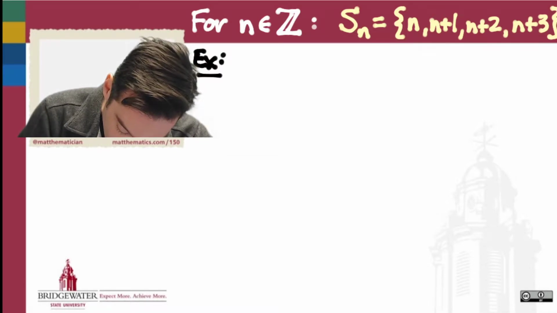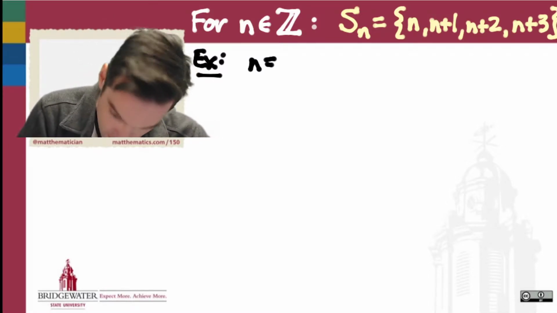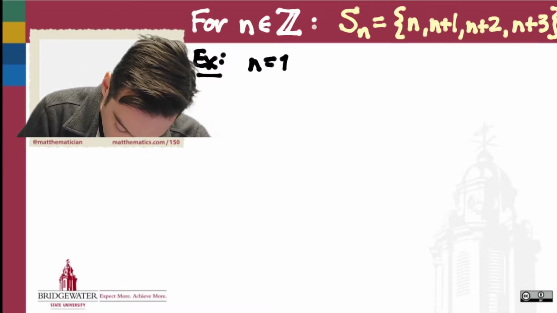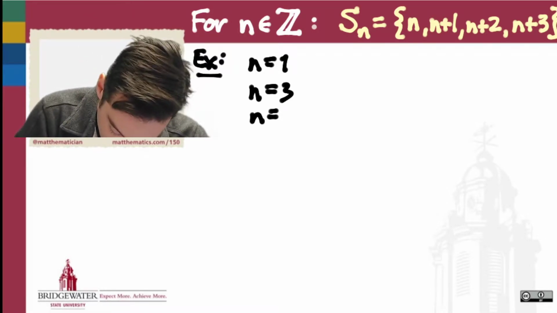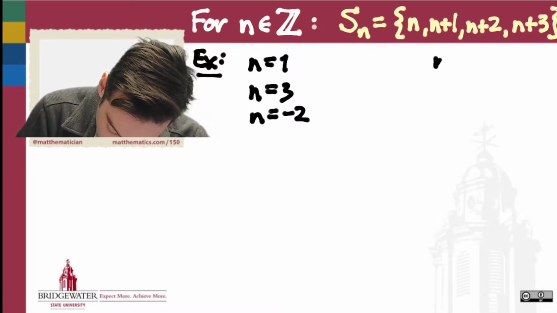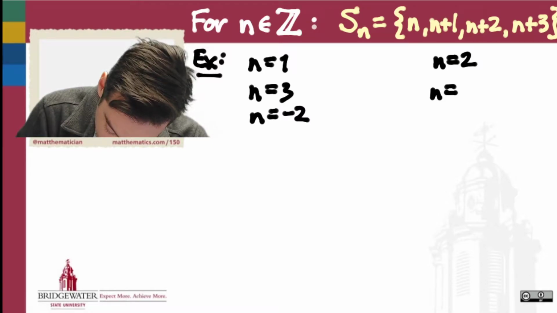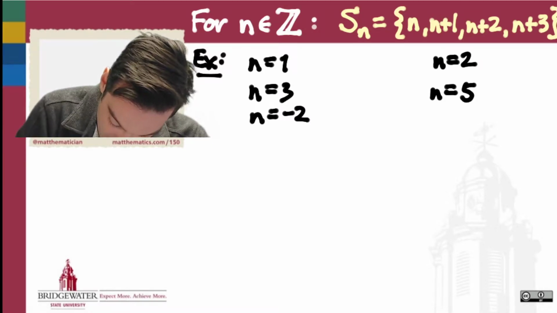So if you give me a different integer, I should be able to give you a different set. So let's say you give me the integer n equals 1, or the integer n equals 3. Or, because the integers include negatives as well, you give me the integer negative 2. Maybe I'll also put positive 2 in here. Let's put as many examples as we can stomach so that we can understand the basic pattern of